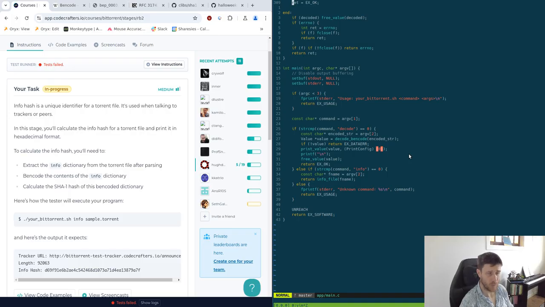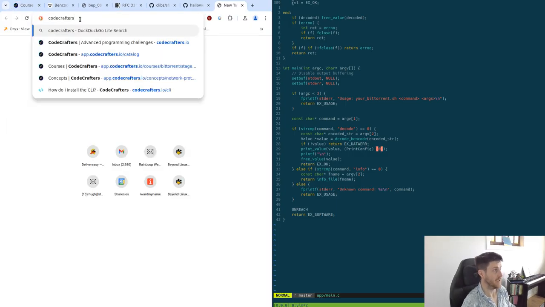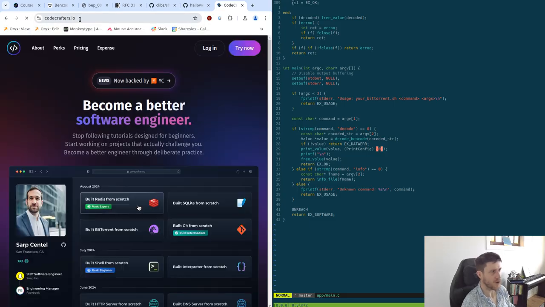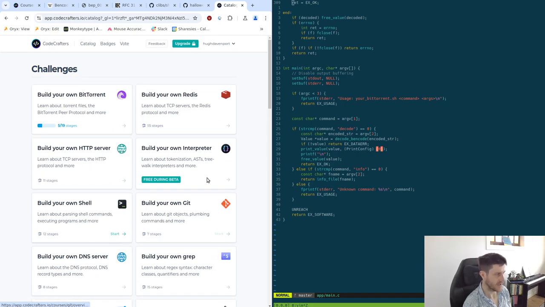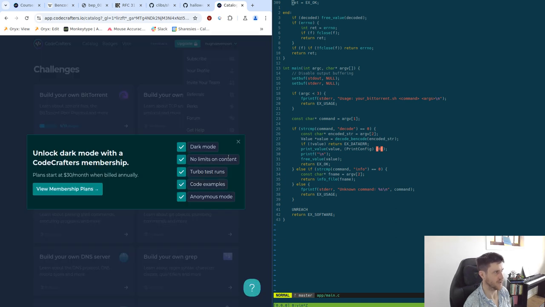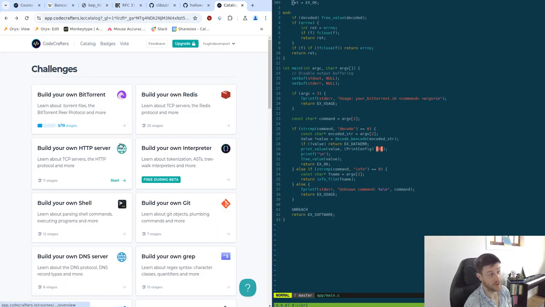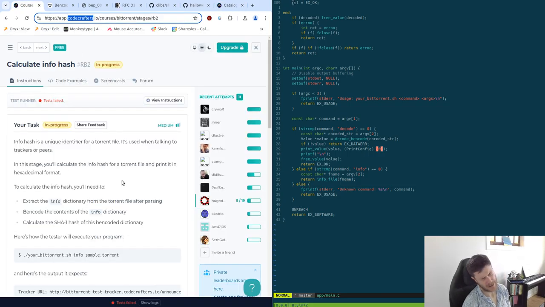I'm continuing on with the BitTorrent project, which is part of Codecrafters. I don't know, it's a cool little thing. It's .io, it's kind of interesting. I'm not logged in, I am logged in. But yeah, you can see lots of things. Apologies for the whiteness of it. You can't actually get it without paying a bunch of money, which I potentially will, as it does seem kind of cool. But yeah, so working through the